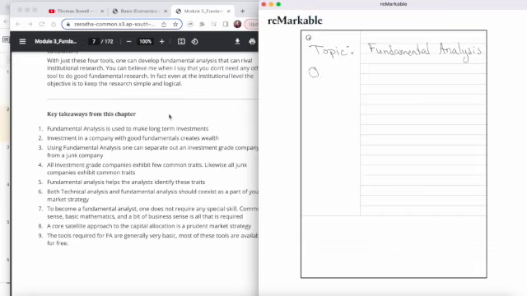Topic, fundamental analysis overview is utilizing free tools found on Yahoo Finance, investing.com, Investopedia.com, etc. So we're utilizing free tools